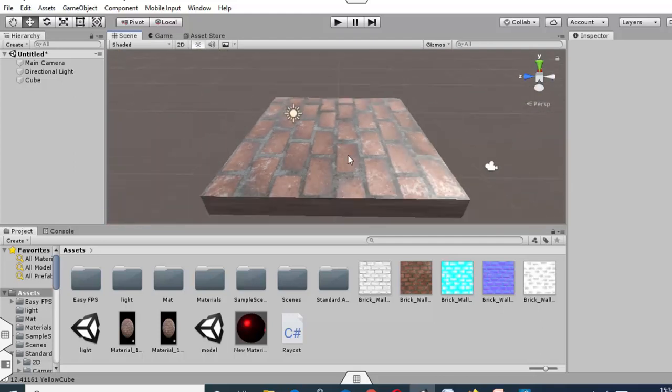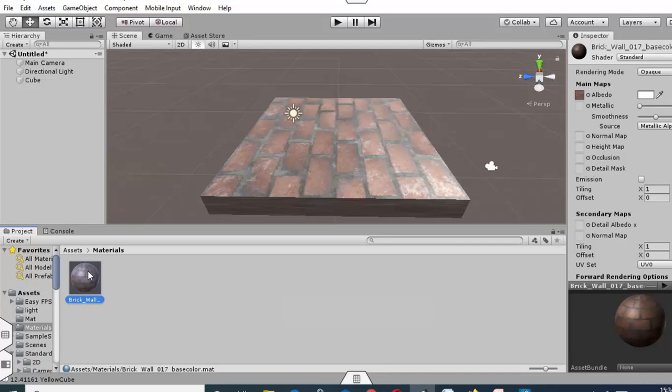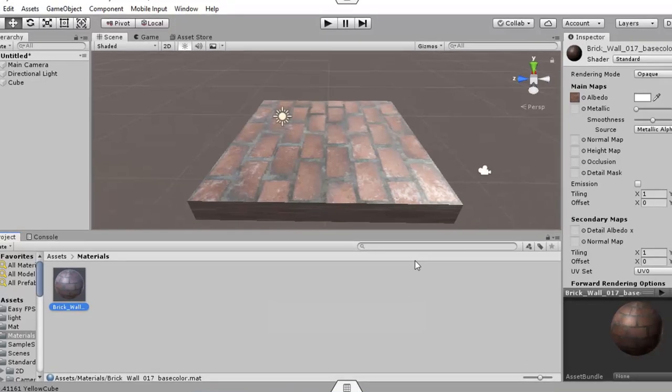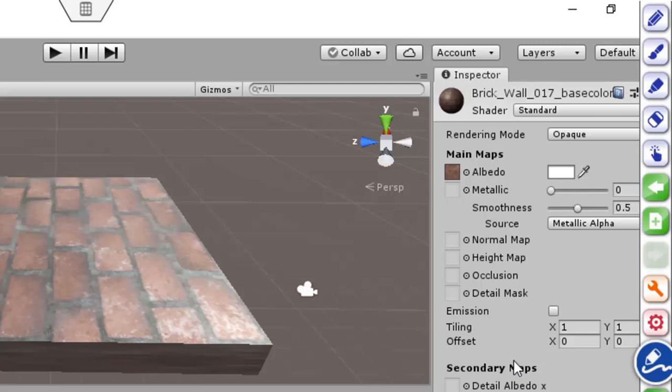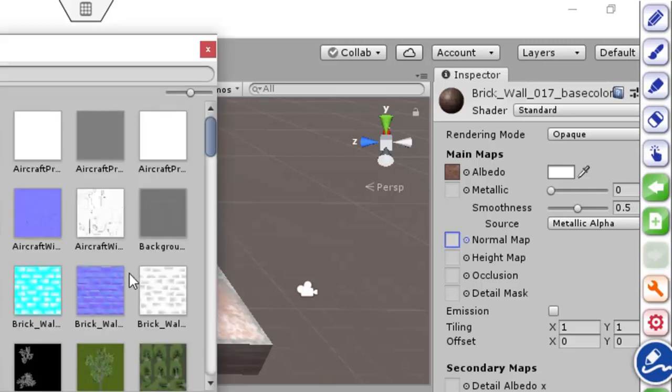So with this brick texture, we have various maps like normal map and occlusion map. So how can we apply them? First of all, we will go to the material. So here we can see that a material is created of this brick wall. If you select this material, here we can see that various options are there. Albedo is by default this image. Now first of all, we will choose the normal map. So here we can see that this is the normal map, the purple map. If we select it,